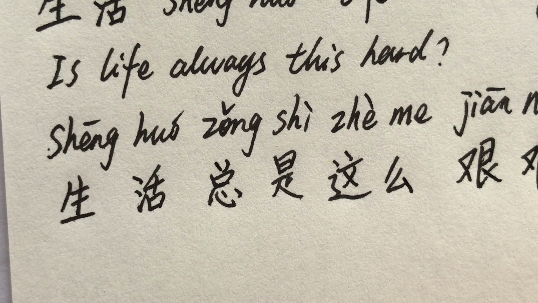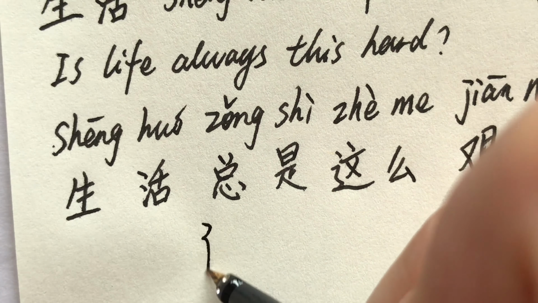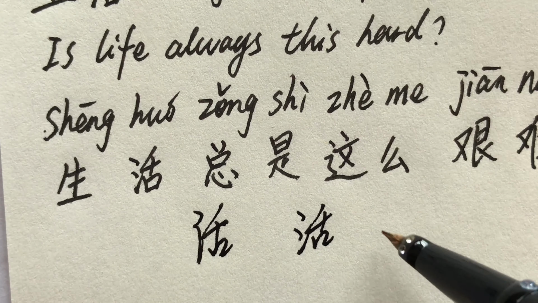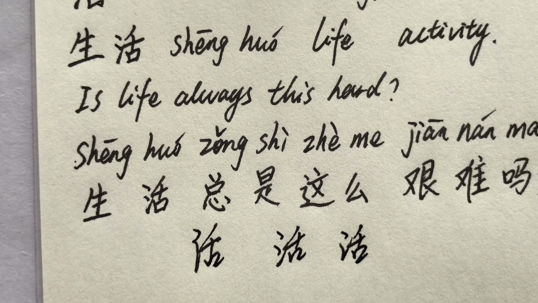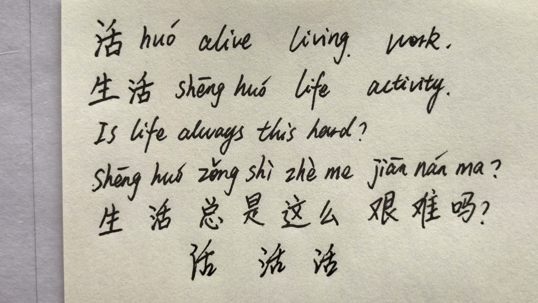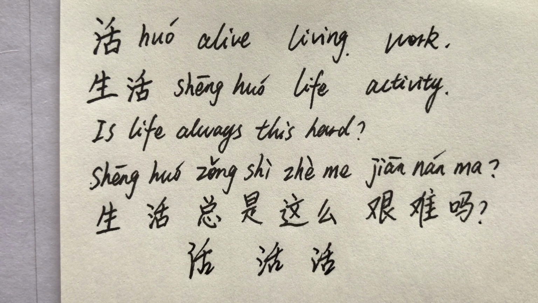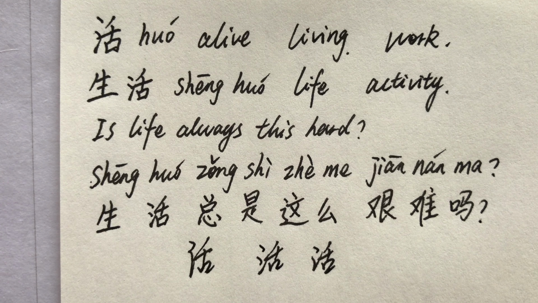My daily handwriting on the character 活. 活, alive, living, work. 生活, life, activity. Is life always this hard? 生活总是这么艰难吗？活